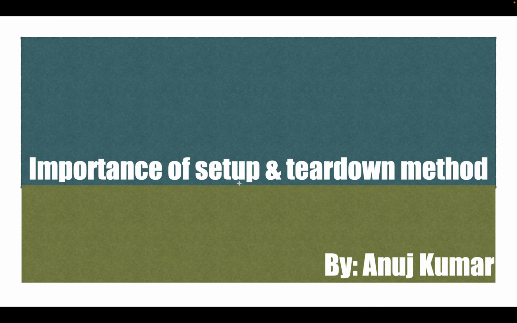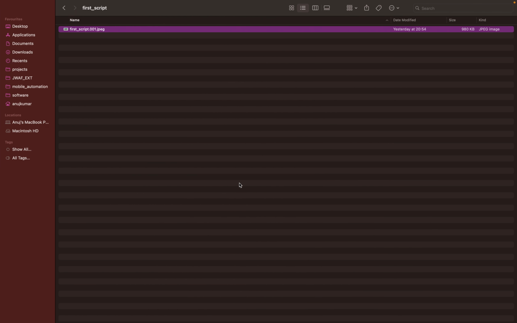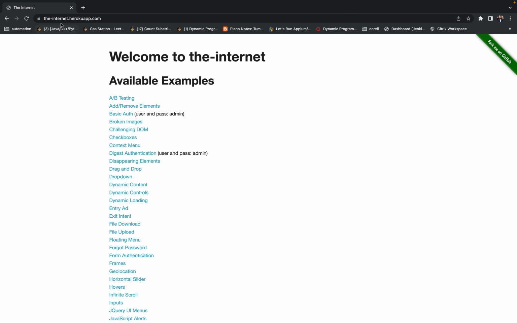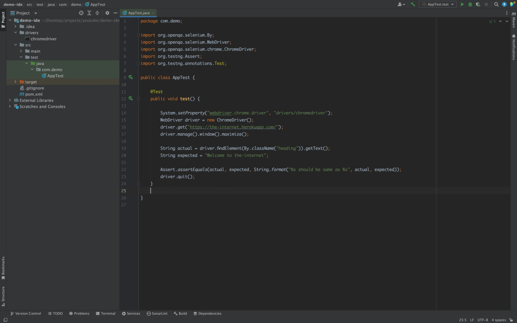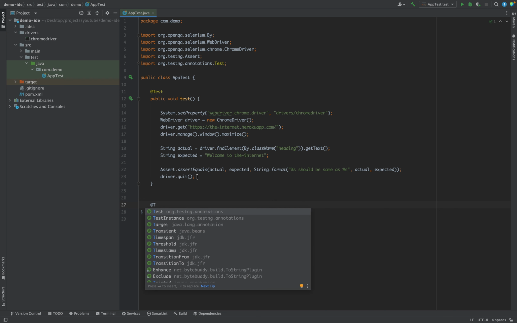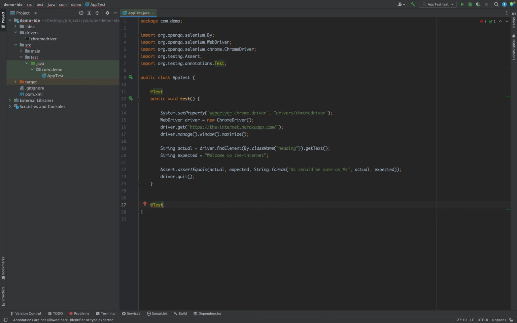So let's start. This is the site which we are automating, and the scenario we are going to automate is to verify the subheading, which is "Available Examples". So let's go to our test class and implement the second scenario. Let's first put the @Test annotation, which tells the compiler that this is a test method, and then public void test